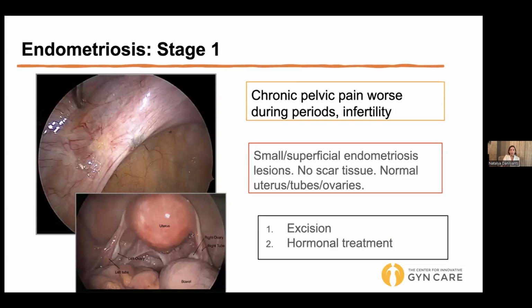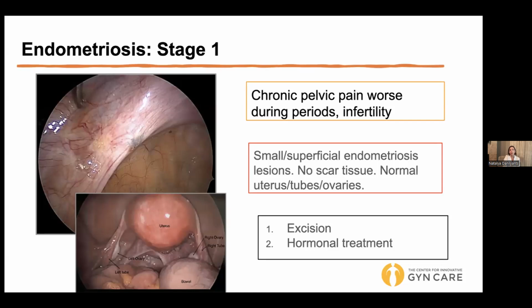So this is an example of mild endometriosis, right? This is normal anatomy, normal size uterus. You've got fallopian tubes, ovary. This is the left side, the right side here, with the ovary hiding behind the large intestine. It's a little bit dilated, but normal anatomy. But then the closer look reveals this endometriosis lesion here and here. And there's something over here as well. So this is mild stage 1 endometriosis, right? This patient has pelvic pain, worse with periods, and infertility.